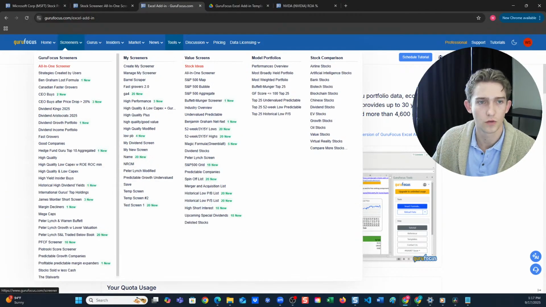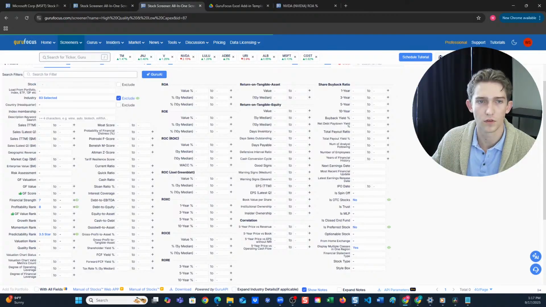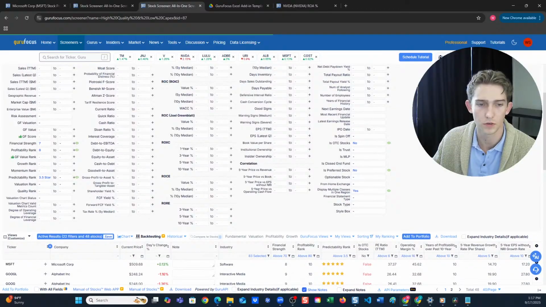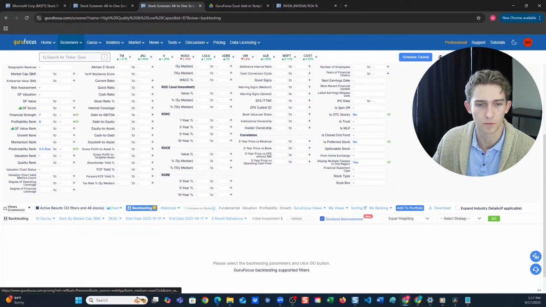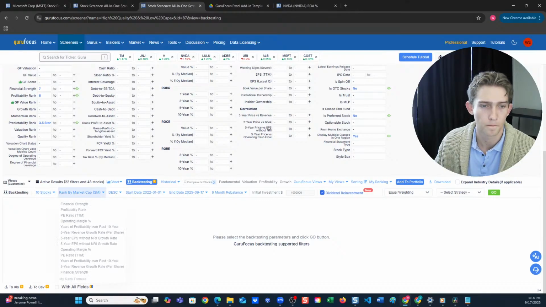And then another tool that we hadn't touched on yet is the backtesting feature of the screeners. So if you're interested in testing any of the GuruFocus screens or tweaking any of your own custom screens, you can come over here and click this backtesting button. That's going to allow you to run historical data through this screener and examine how the underlying strategy would have performed if you would have used this screener strategy to select your stocks. So you just pick the number of stocks you want to select from the screener results, how you'd like to rank them,